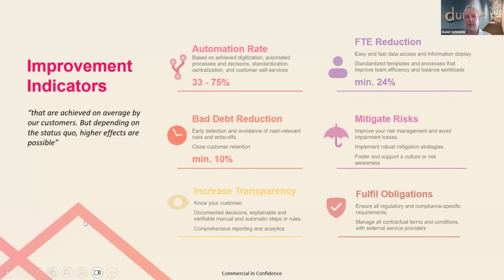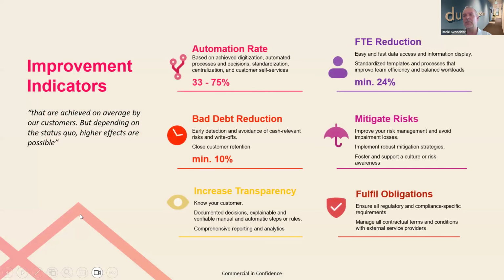Good. Yeah, and then I think we are almost done already. The last slide about improvement indicators, Andy. Yeah, absolutely. And here as well, it depends, of course, pretty much on the processes you want to establish. Getting D&B's data, keeping and storing them, and ongoingly monitoring them by D&B Direct Plus is, of course, already a huge lever. If you decide to use a solution like credit management, our FS2 credit, or collection management as well, we can even achieve higher rates. That's why, you know, it's quite vague, from 33 to 75%.